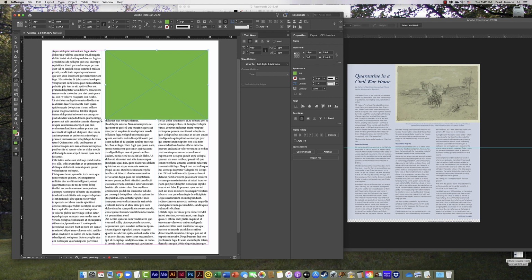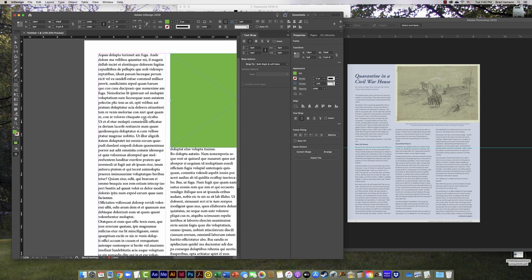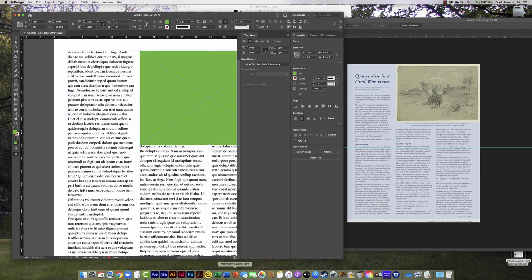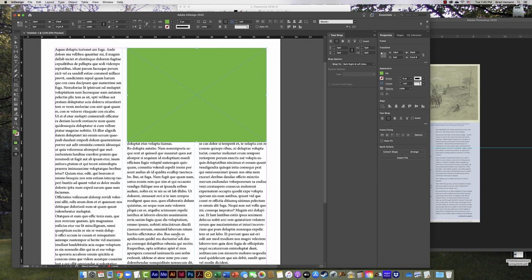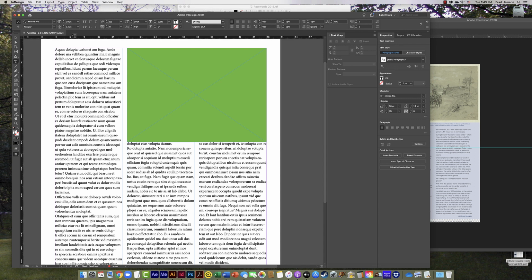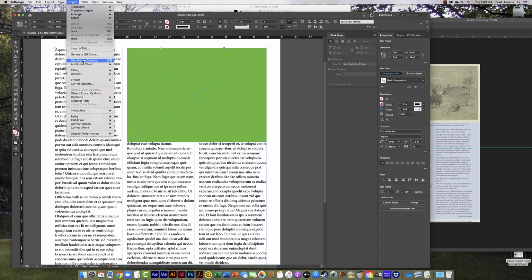Now notice here what happens. The lines here are not lining up. Okay? So adding any kind of a picture element can throw things off. So what we would do in this case, if we know that the text on this page is 10 over 13, we're going to go ahead and go again to Object, Text Frame Options,